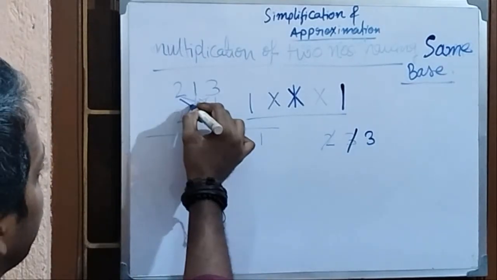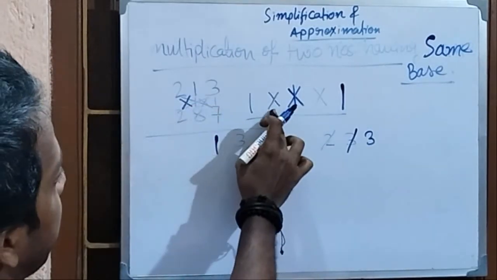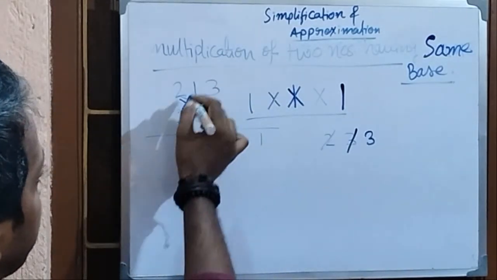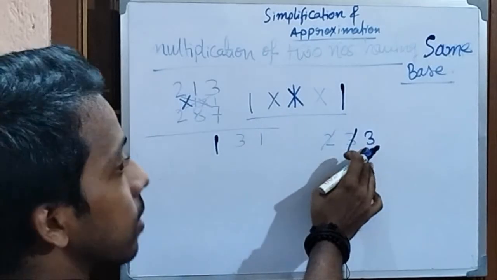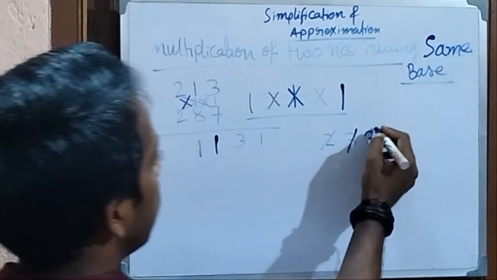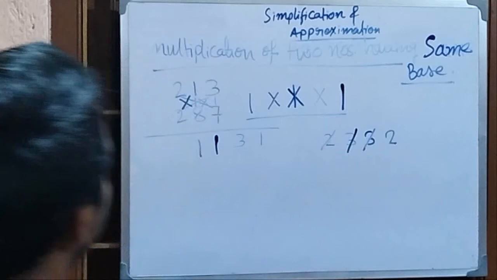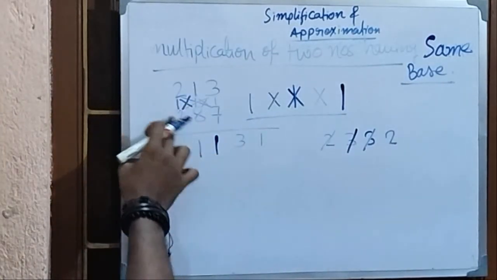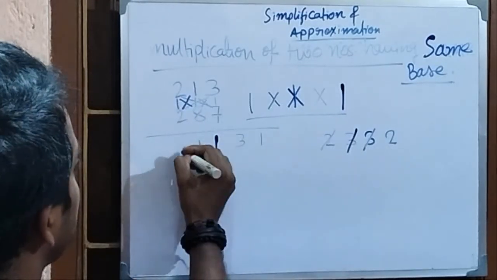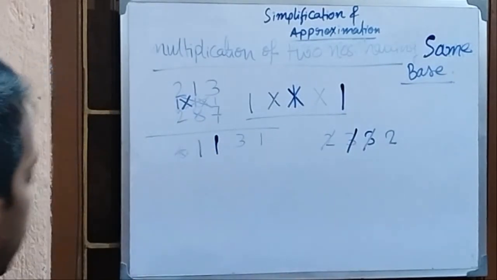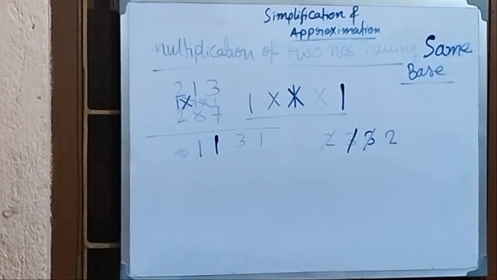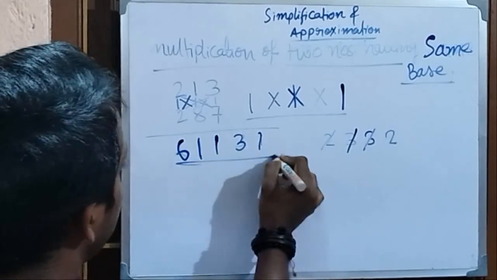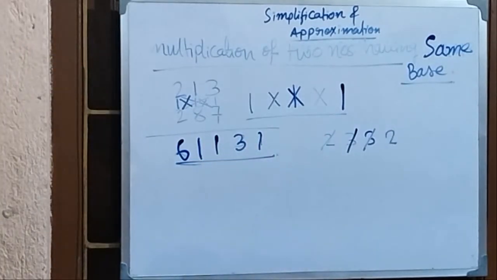Now moving to the cross part, this part, the fourth operation, right? So 8 into 2, 16. 16 plus 2 into 1, 2, 18. 18 plus 3 is 21. 1, 3 gone, 2 is in carry. Again, just the straight line, the last operation, the final operation is left here. So 2 into 2 is 4, 4 plus 2 is 6. So 6, 1, 1, 3, 1 is the answer. Okay? This is it. Understood the process?